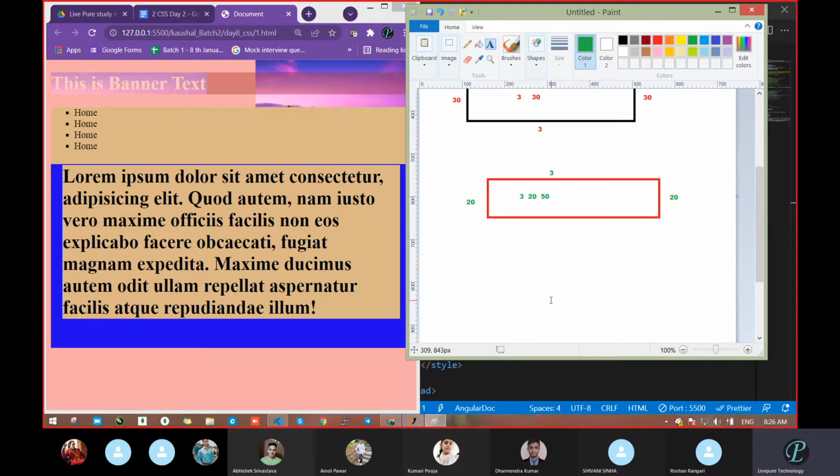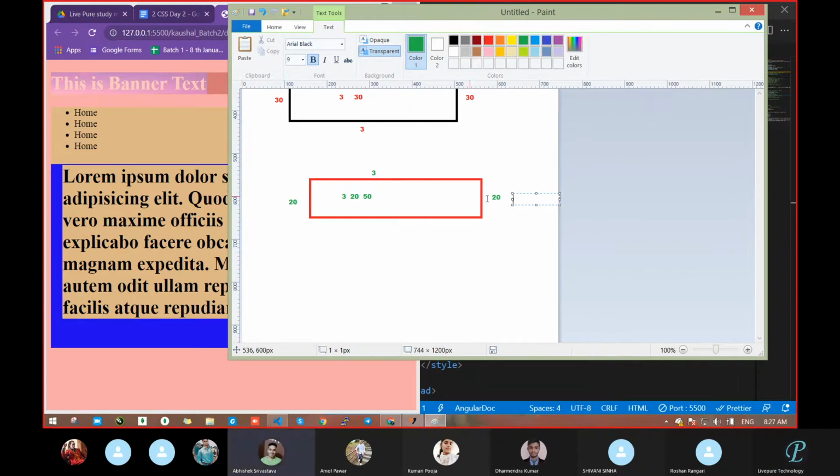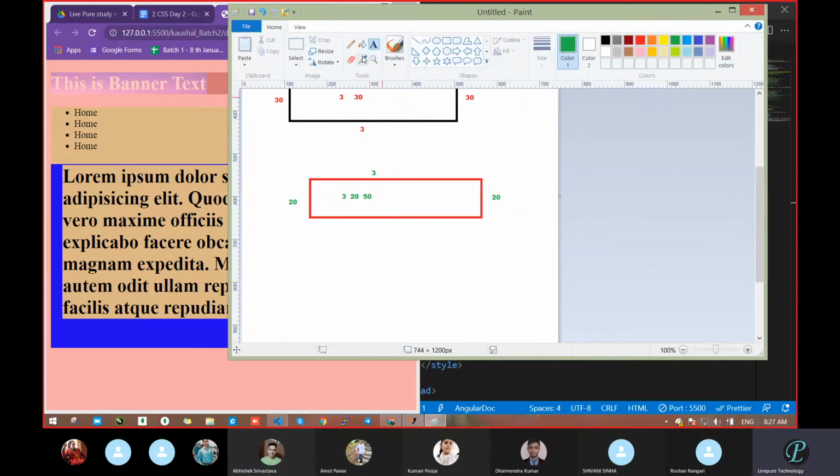Clear or not? Up to this. Because when you start writing clockwise, you will get the second value on the right side.